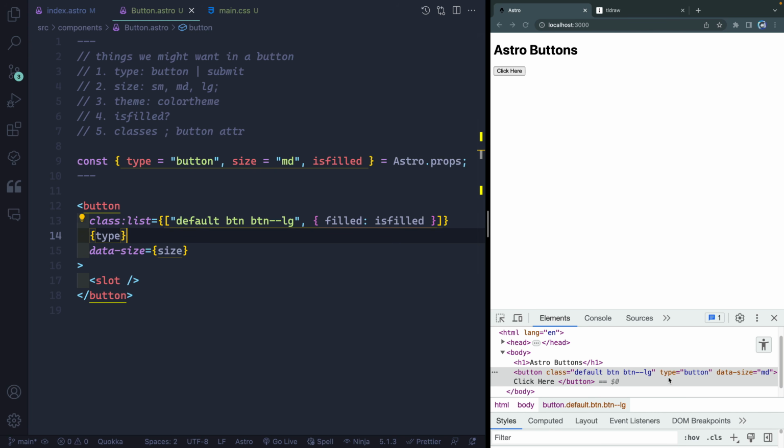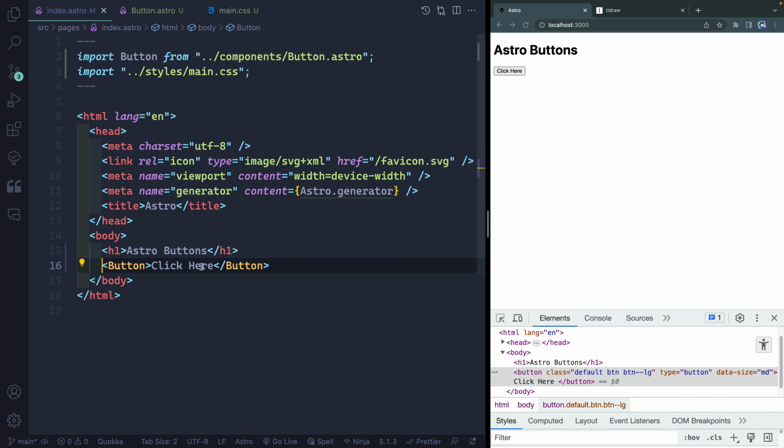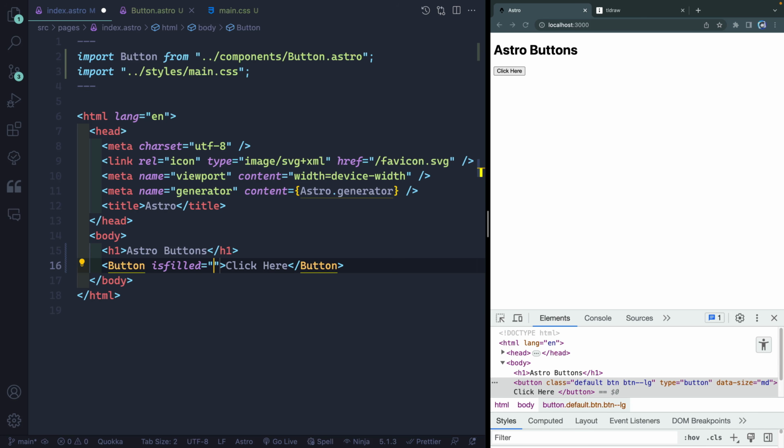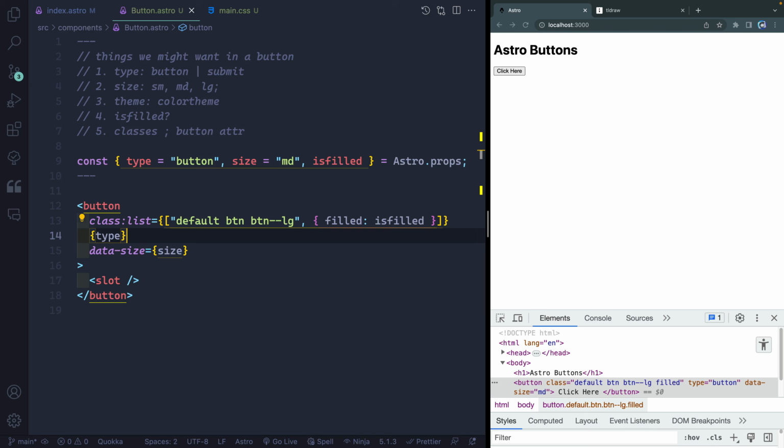In this case, it's not there. So I could come back over this way and I could add that. And we could say, is this equal to true? Actually, I could just leave it like that because it's a truthy statement. If I come back over here, you're going to see it's added this class of filled down this way because